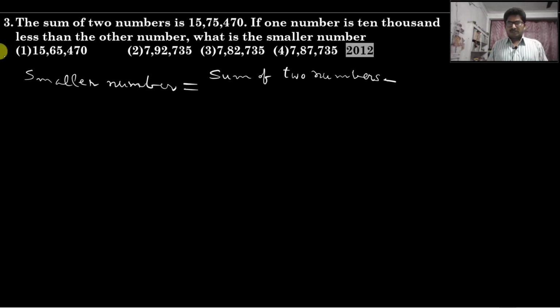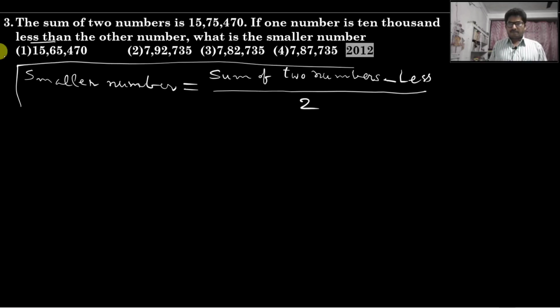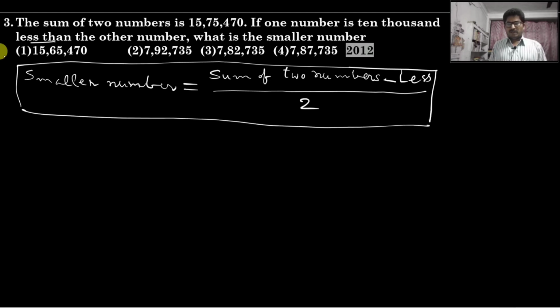minus, more or less. Here given less than, less, by 2. So this is the process, this is the formula to find a smaller number: smaller number is equal to sum of two numbers minus less or more, divided by 2. So here given less. Sum of two numbers